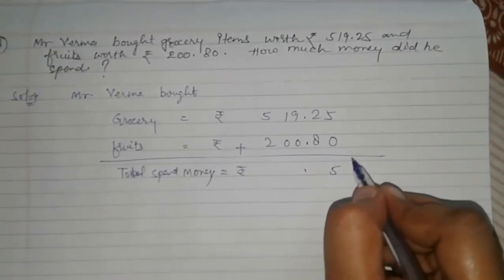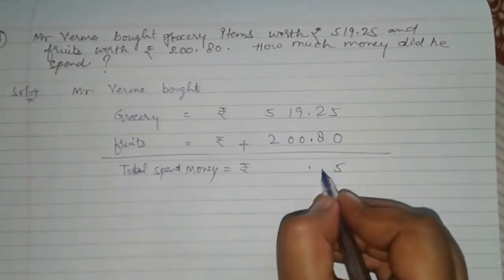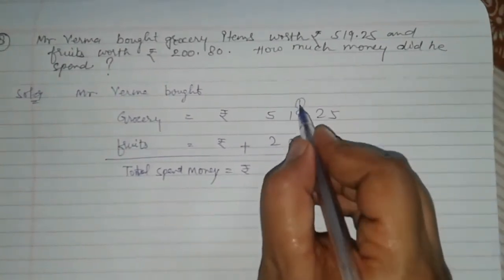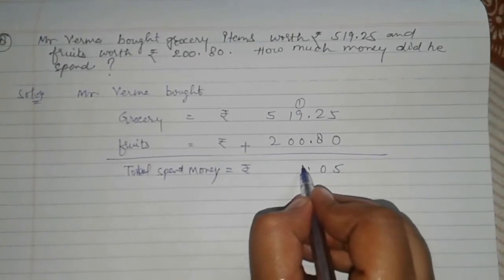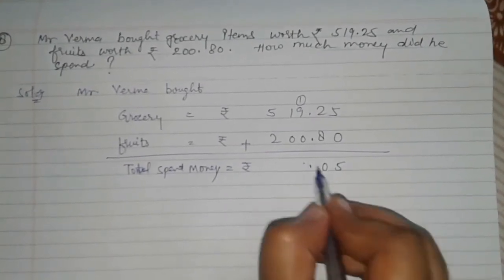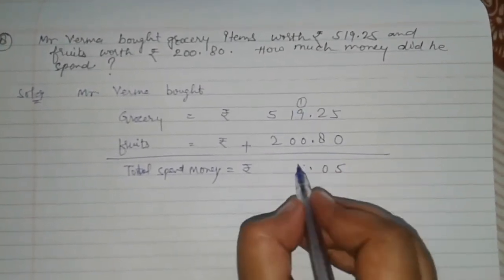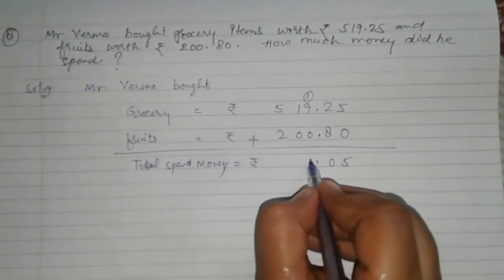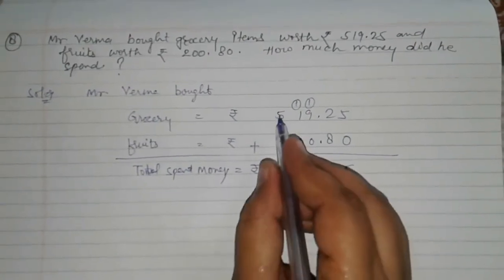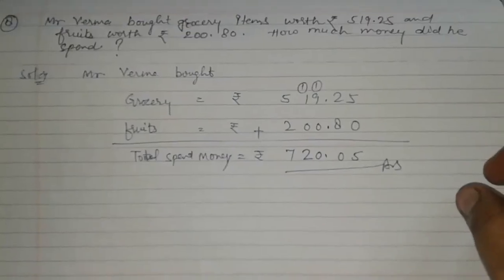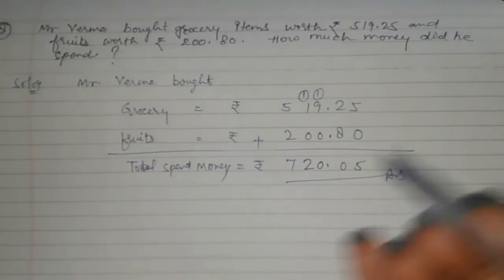5 plus 0 is 5, 2 plus 8 is 10, 0 and 1 carry, 1 plus 9 is 10, 2 plus 8 is 10, 0 and 1 carry, 9 plus 1 is 10, 0 is here, 1 is here, 1 and 1 is 2, and 7. Total money spent: